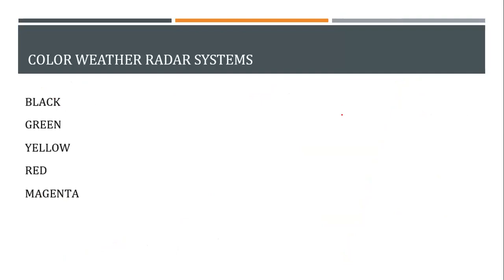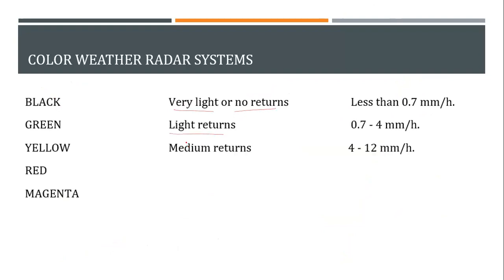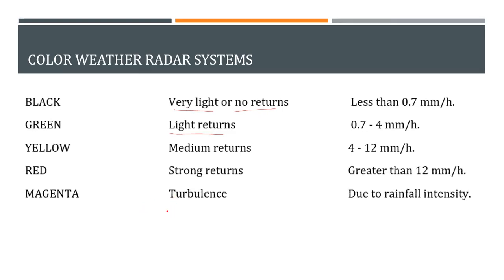This table is actually more useful than that one. That was just to give you some curiosity. Now, the black returns basically mean no returns or very light returns. The green ones are light, and as the color changes, you need to understand magenta or red are the most dangerous ones. Magenta directly means turbulence, red means strong returns, and this one goes on. You don't have to memorize all of it. You just need to remember the colors at least, so that if the exam asks which of the following colors is not included in the AWR, you should know which color is not included. These colors remain fixed.